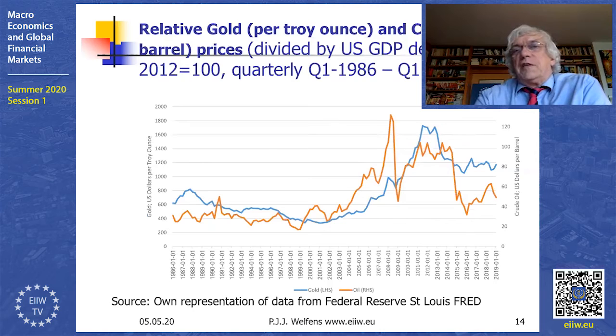Okay, here we have the relative gold price and the relative crude oil price. As you can see, starting from 1986 first quarter, you can see that the two lines for a long time are kind of parallel. Of course, the oil price then has a spike, as you can see, in 2008 or so, and then it falls dramatically. Then the relative oil price line, the orange line, is almost again parallel to the blue line. But then after 2016, the relative oil price has strongly fallen, and I think this largely reflects the enormous cumulative investment in